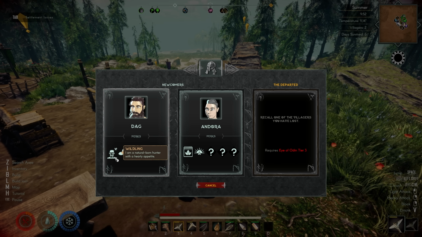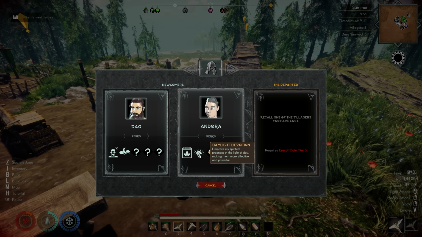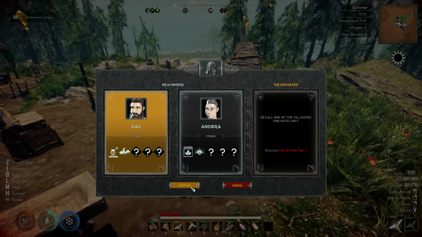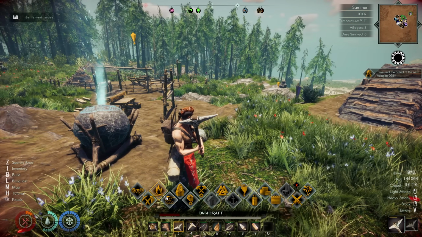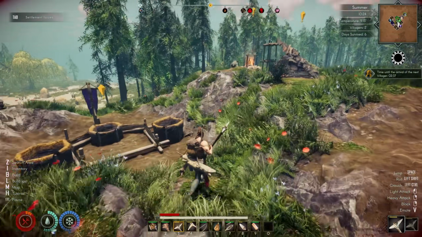Activate, who do we want this time? The Wildling Night Shadow, or the Springtime Vitality Daytime Devotion. Let's go with Dag this time. Confirm. 3 minutes to wait for him, so we've got one worker currently who's just on building. So what I can do is just say, build a shelter here, and one of the workers will get that